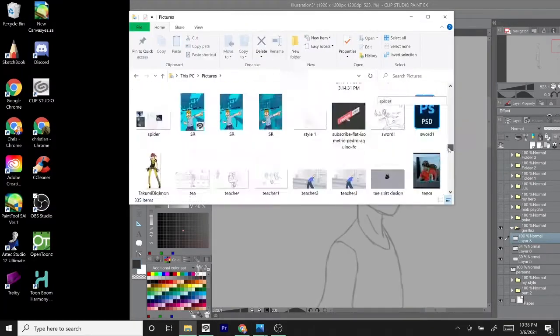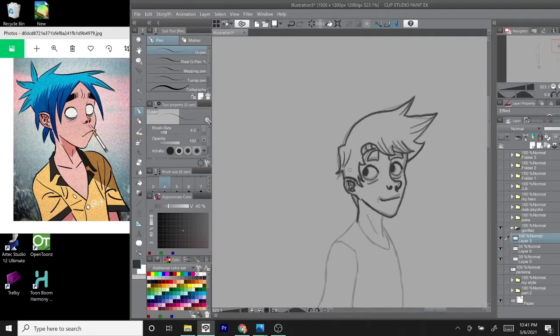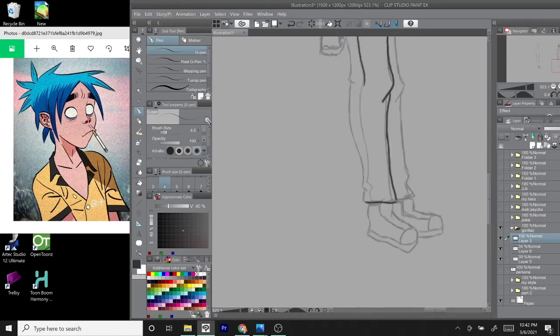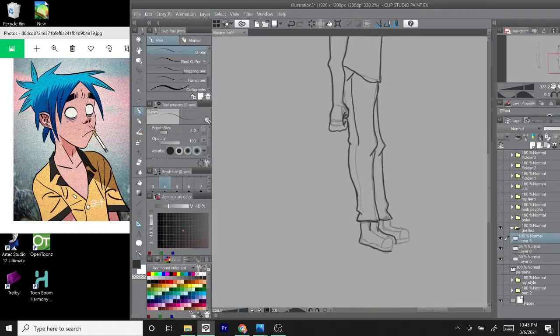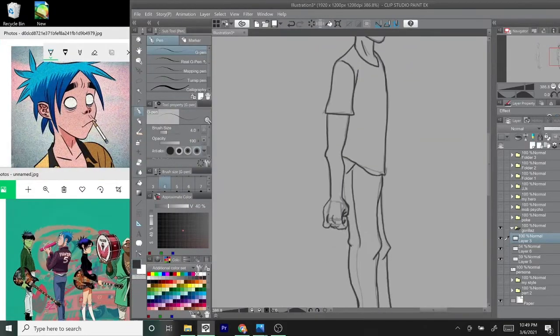Then I went to the Gorillaz. The Gorillaz have been in my life since a very young age as well. And it was such a unique idea to have an animated band. Now, this is probably my weakest design out of the whole bunch. And that was just purely because the creator of the Gorillaz, the artistic creator, has such a unique style, mixing such real-looking clothing with such animated characters. And the way his style works isn't